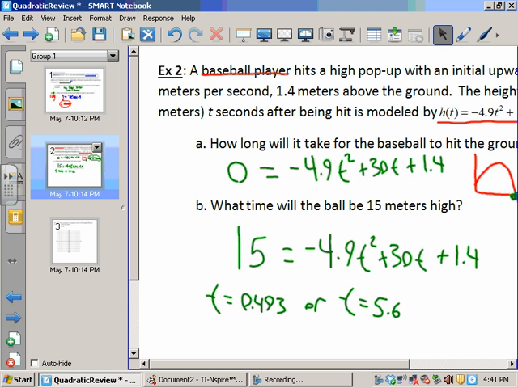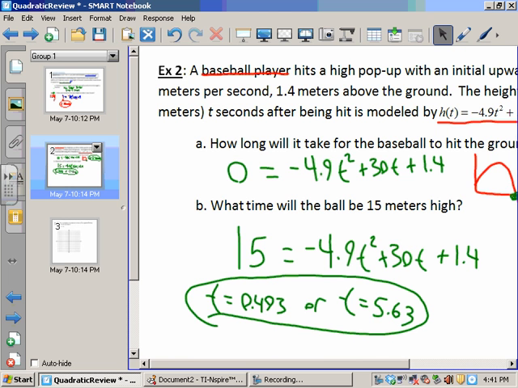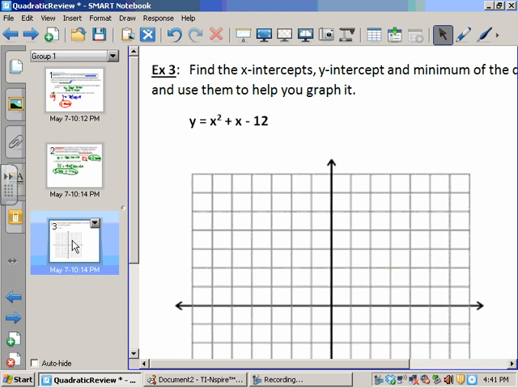So the ball was at a height of 15 meters at about 0.5 seconds and about 5.6 seconds, or to be exact, 0.493 seconds and 5.63 seconds. And that makes sense. All right, last and most importantly, this one you should be able to do by hand